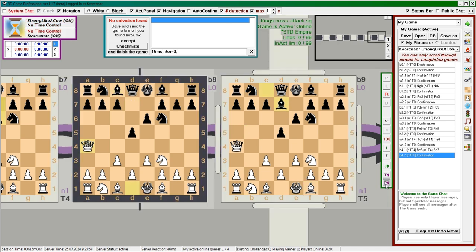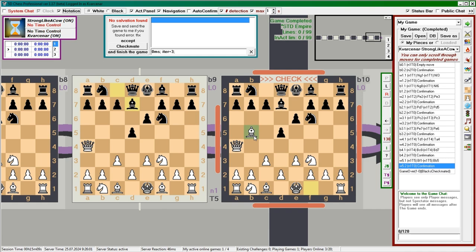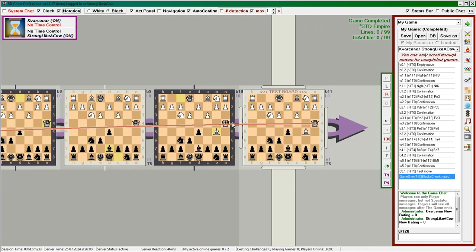Press the corresponding button and repeat our move bishop to b5. Confirm the move and enjoy the sounds of victory. By right-clicking on the opponent's side, we will see the check to the past without creating a daughter game.